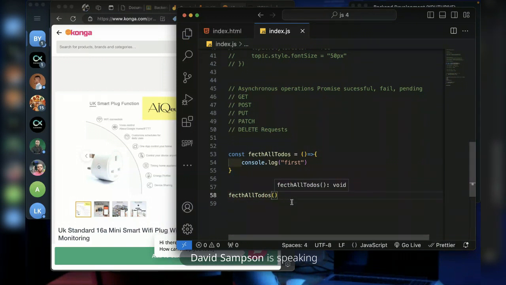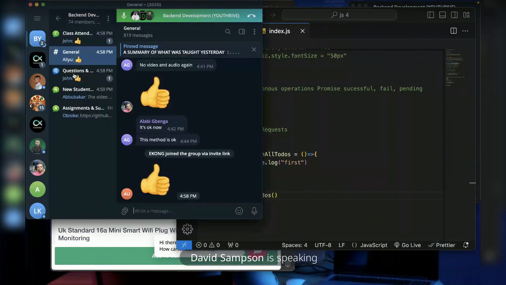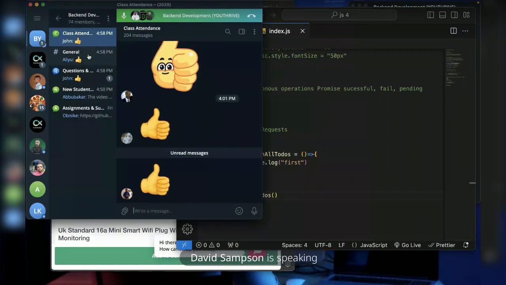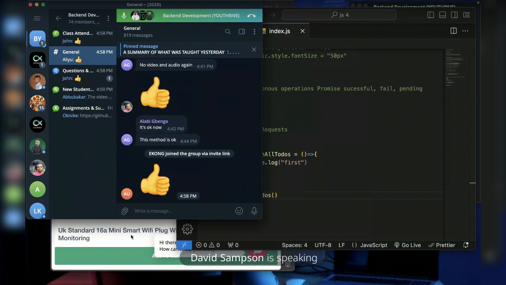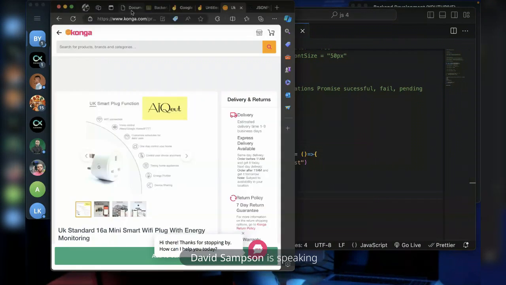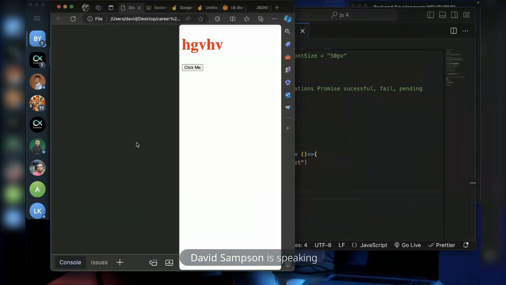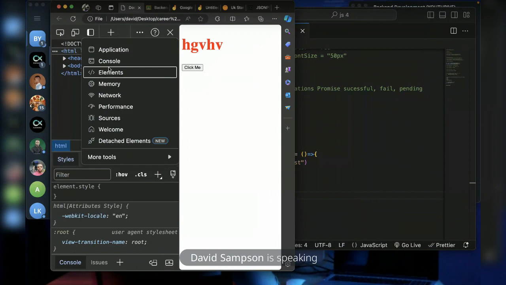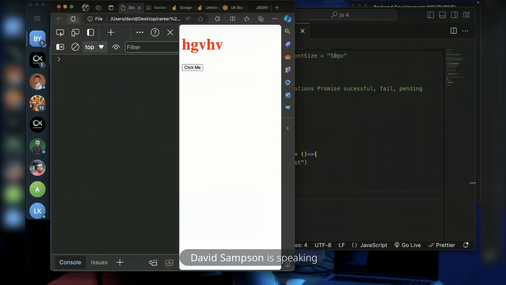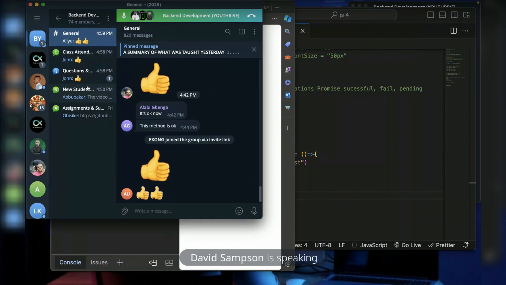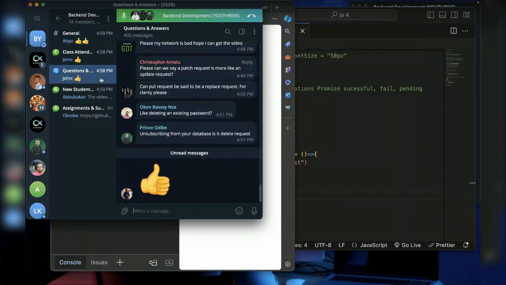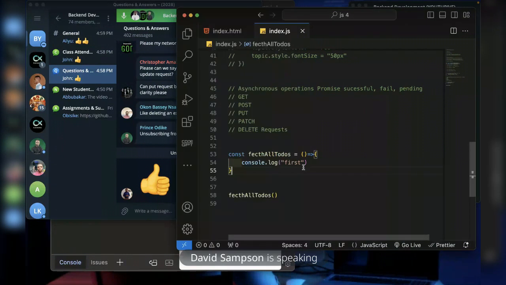It has run automatically without waiting for anything. So by the time I come here to refresh, or maybe open the console and check, the value is already waiting for me there. So this type of function is not asynchronous because you're not waiting for it to return anything.